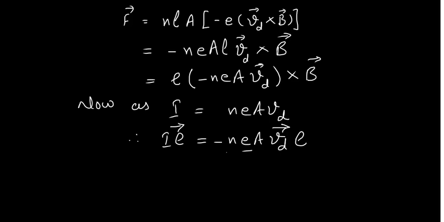So minus n e A Vd L is equal to I into L. Therefore this whole can be replaced by IL. So F becomes IL